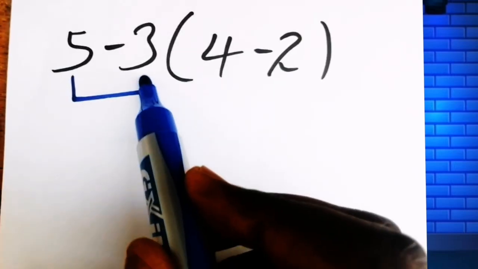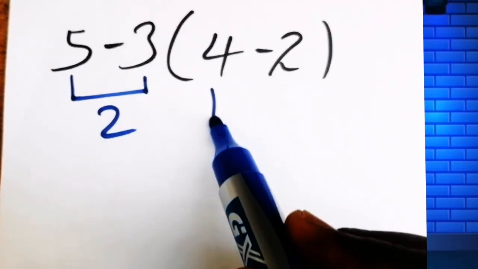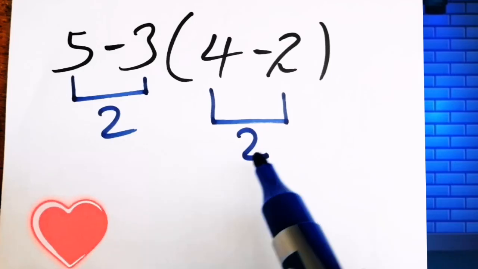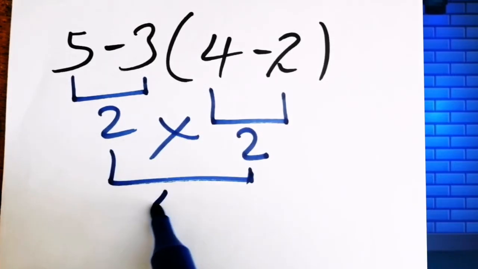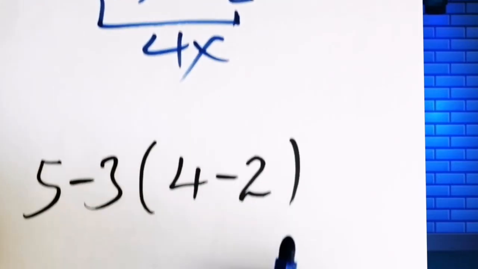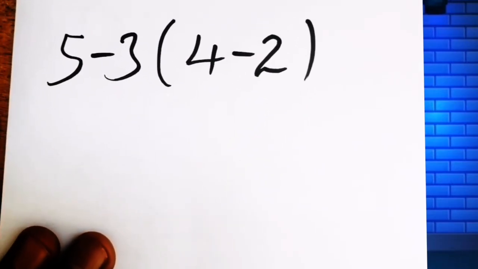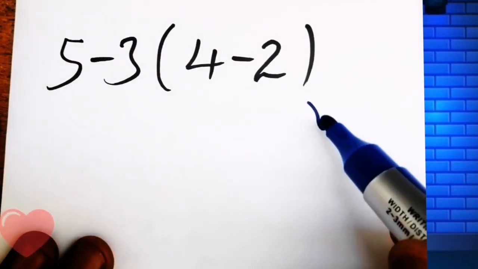5 minus 3 is equal to 2. Here in the parentheses, 4 minus 2 is also 2. Okay, therefore 2 times 2 is just equal to 4. But this answer is not correct, because according to the order of operations PEMDAS, first we have to do parentheses,